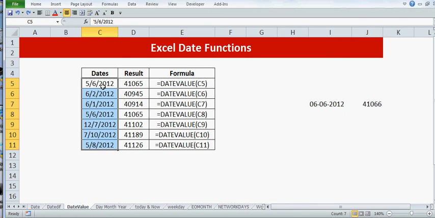Any date which is stored as text will be converted to a